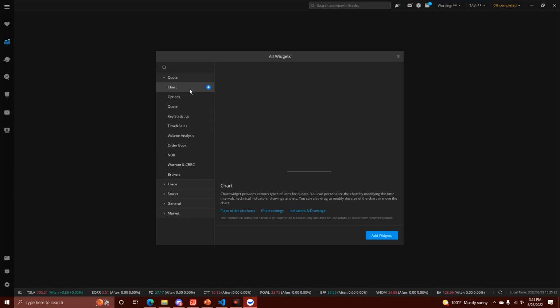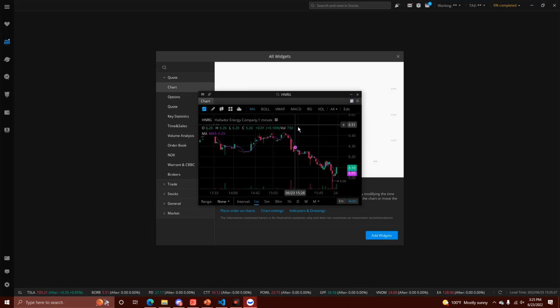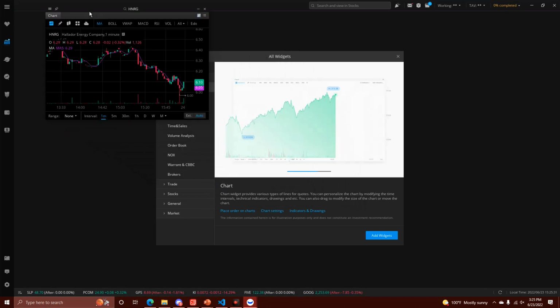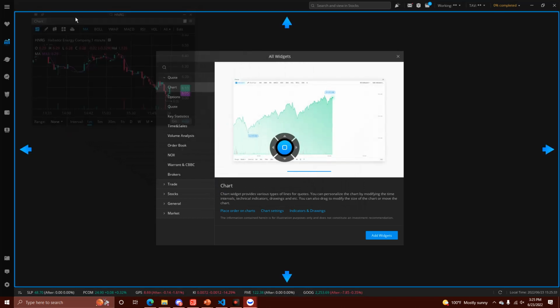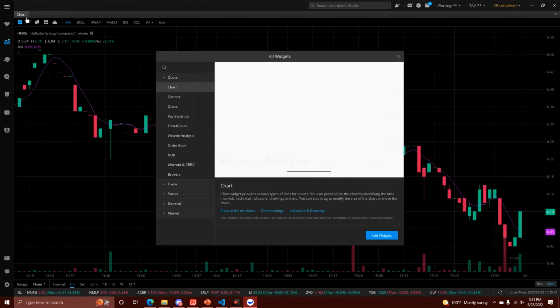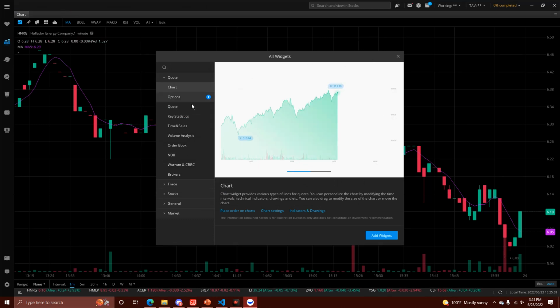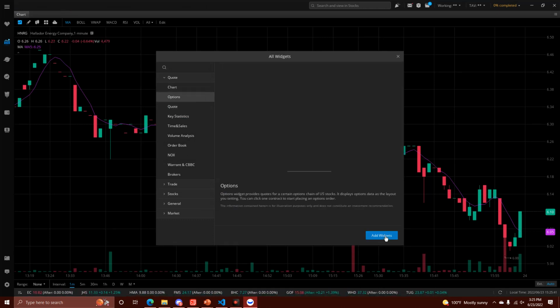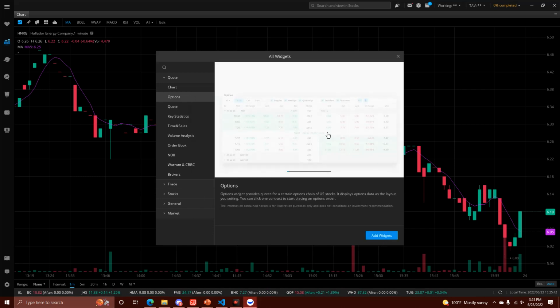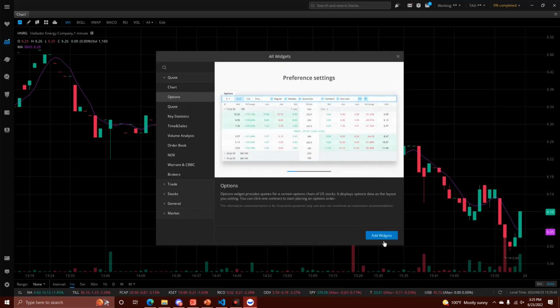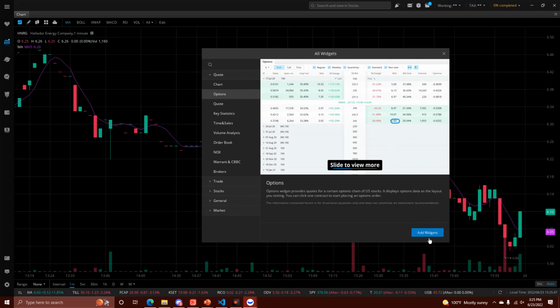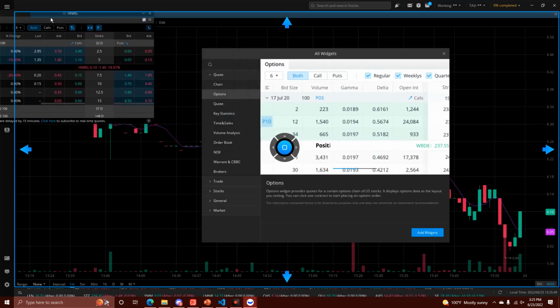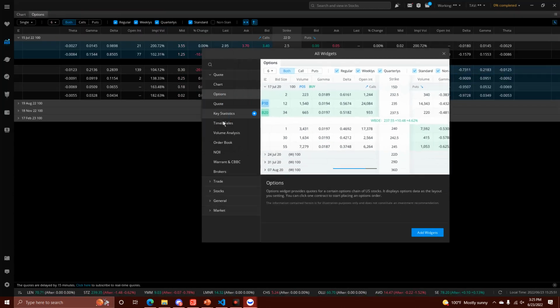First, I like to get, obviously, the chart. You want a chart widget. Once you pick the widget you want, simply drag it and put it right here. And then it will create your little tab section here. So we have a chart. What else do we want? Options, obviously. So we add in the options widget, and we put the options right here. What else? We want